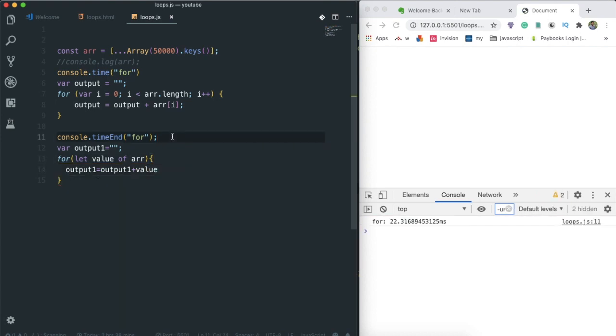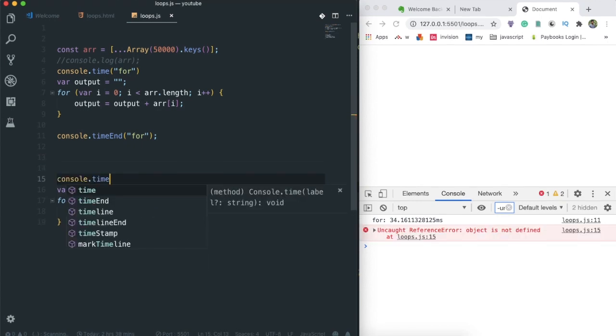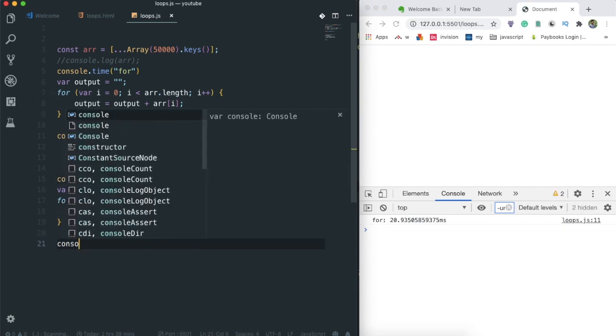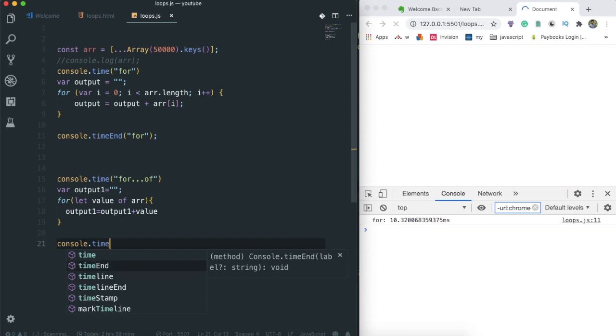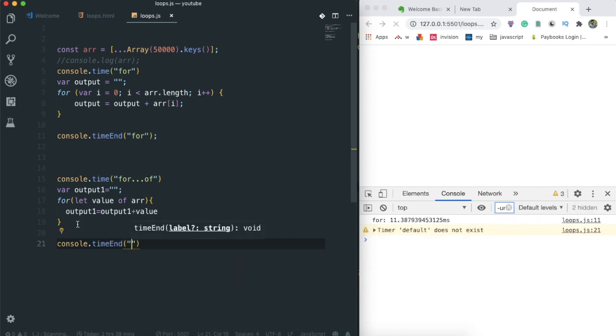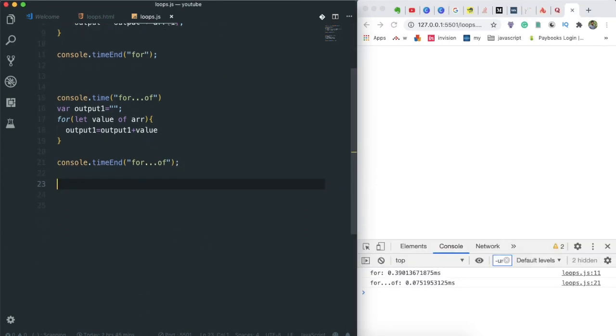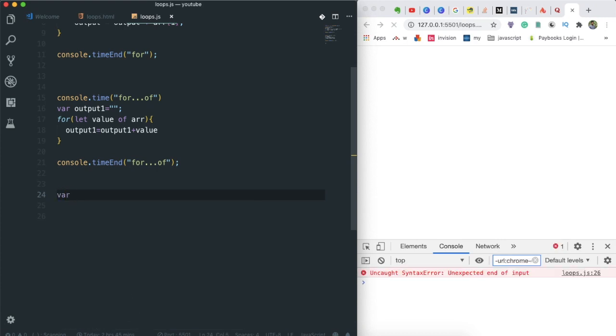I am adding console.time for for of, and the same console.timeEnd with the name you have given before. You need to give the same name here. Now you can see how much time it took for the same looping iteration with 2 methods. For is taking 10 milliseconds and for of is taking 0 point something.